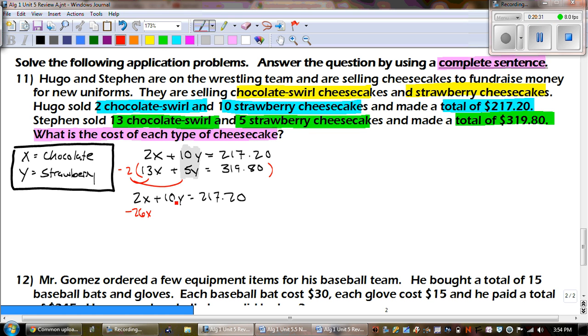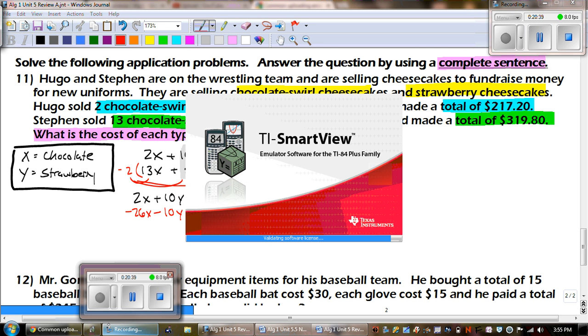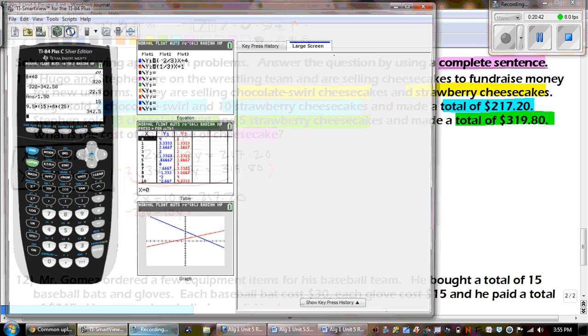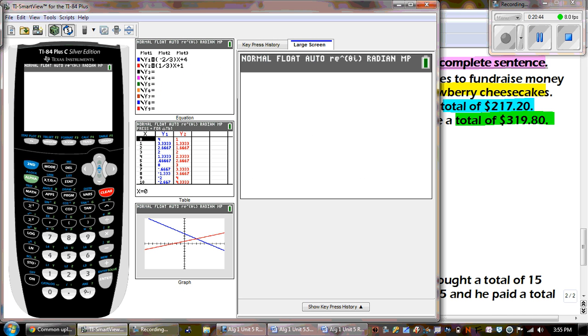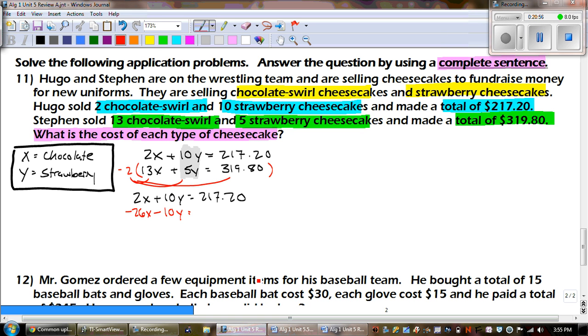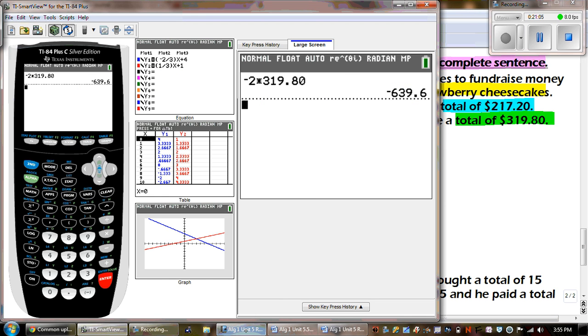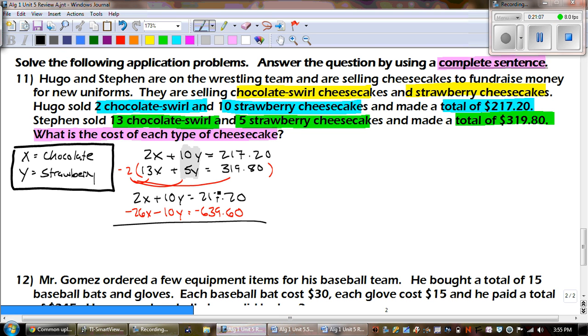-26x minus 10y. And the last one, I'm going to need a calculator for that. Let me get mine out. I know it's number 11 and we're finally using the calculator. Okay, so I have -2 times 319.80, which gives us -$639.60. Right? Can double check. 639.6, perfect. Okay, so our y's cancel, and then we get